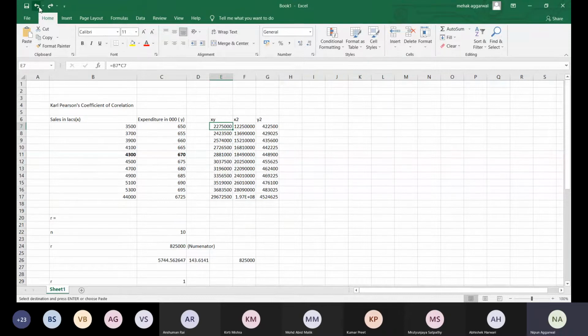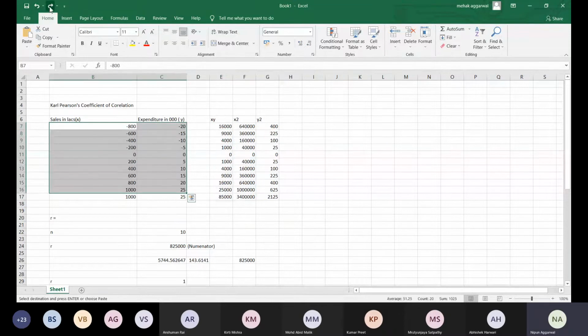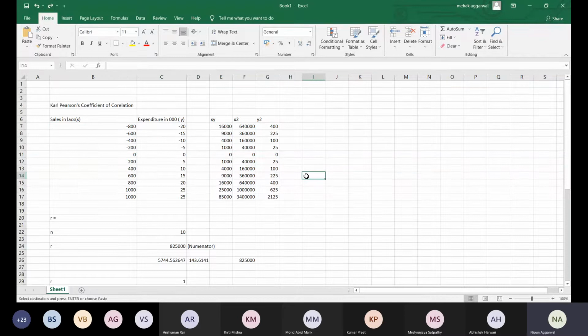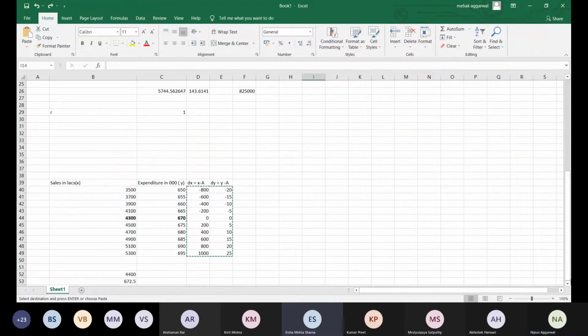But if it is the other way around, so if it is this case, then you can easily calculate. Sir, like dx is -800, -600, it's coming like this, so we have to assume it as x, and the dy coming we assume as y, and then xy, x square and y square will be instantly formed. Yes, the thing is, don't assume this as x. This is your dx. Now, in the formula where x is there, you replace that x with dx. Okay sir.